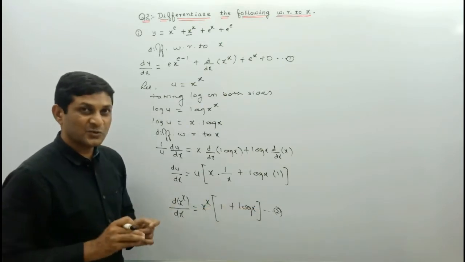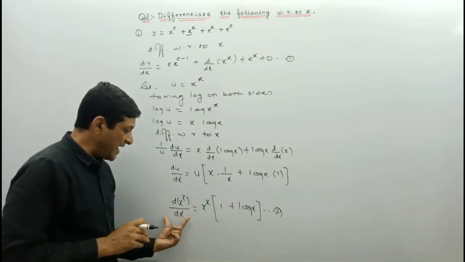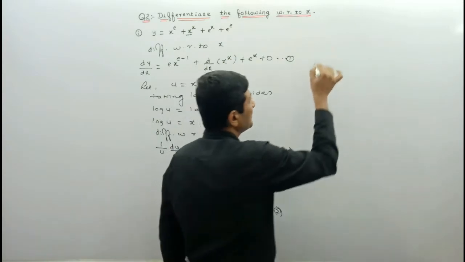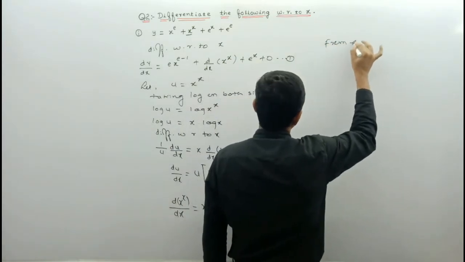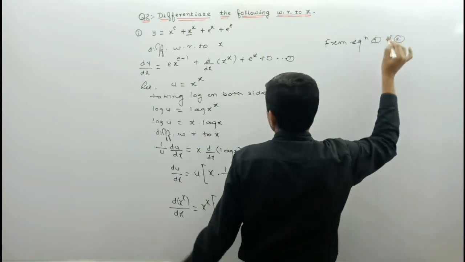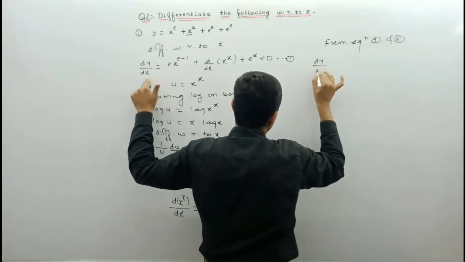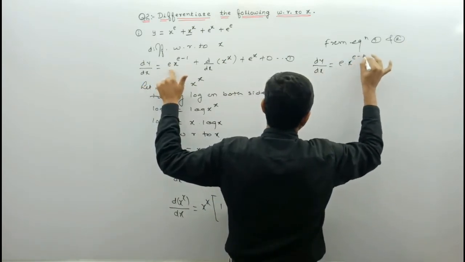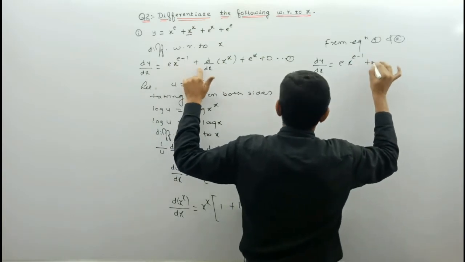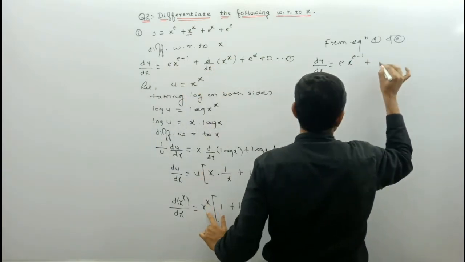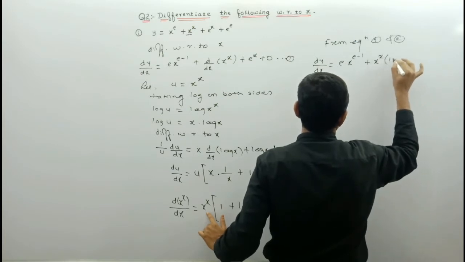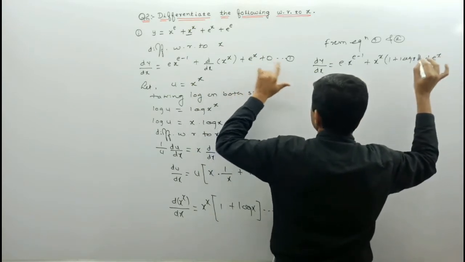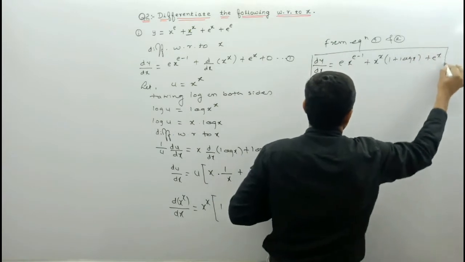The differentiation of x raised to power x is known to us. Now we only have to substitute the value of the derivative of x raised to power x in which equation? First. So from equation first and second, we will get our required differentiation. So write down from equation first and second, what we can say here? dy upon dx will be equal to e into x raised to power e minus 1, keep the first term as it is, plus the derivative of x raised to power x can be replaced by its value, where its differentiation is x raised to power x into 1 plus log x, plus keep this third term as it is, e raised to power x, not necessary to write 0. In this way we have got the differentiation.